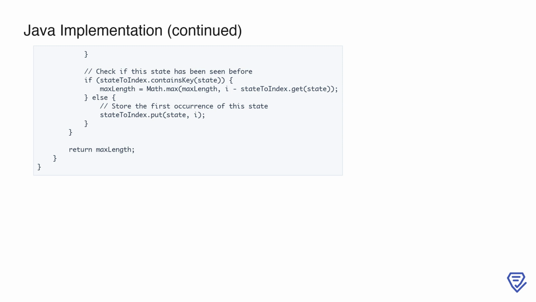We calculate the length of this substring and update maxLength if it's greater than the previous value. If the state is new and hasn't been recorded, we store its first occurrence in the map using the current index. This ensures that we always track the earliest position where a state first appeared. Finally, after processing all the characters in the string, we return maxLength as the result. This approach ensures that we efficiently solve the problem in linear time by leveraging bit masking and a hash map